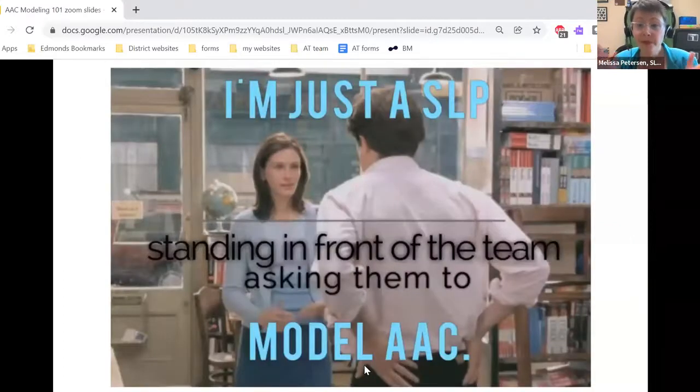So, in conclusion, I'm just an SLP standing in front of the team, asking them to model AAC. If you don't get that meme, please don't tell me, because it will make me feel old. We have 3 minutes. So